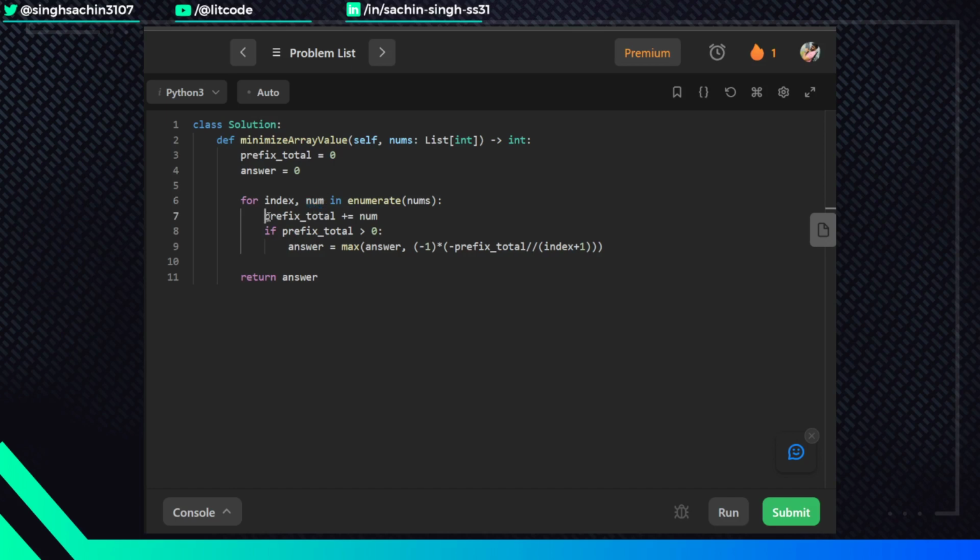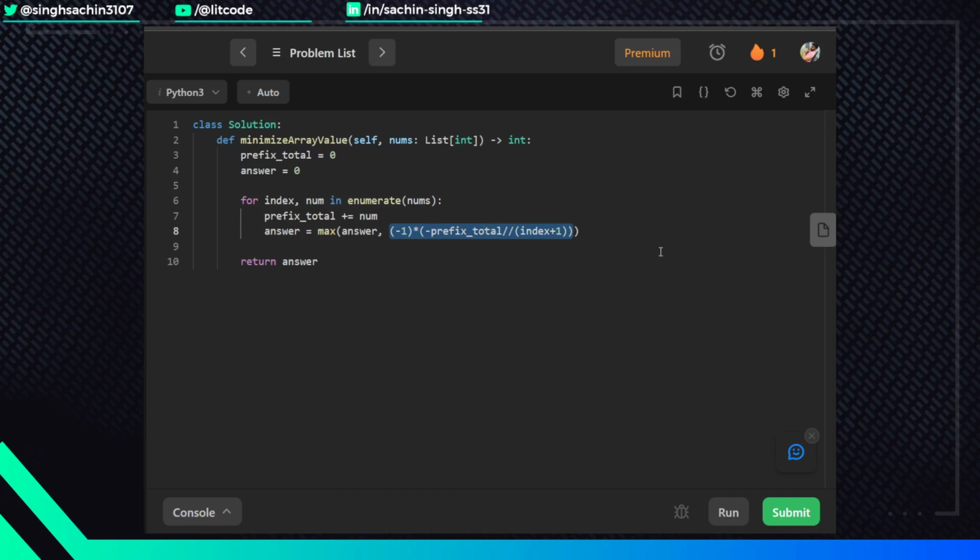Okay. In prefix total, I'm going to simply add the current number, and this condition is also necessary, in fact. Yeah, I think this should also work. So what we're doing is we are taking the maximum of the current answer. And this is something I use for getting the ceil of the division instead of importing another library, the math library. I use this particular structure in which you are just taking the calculation on the other side